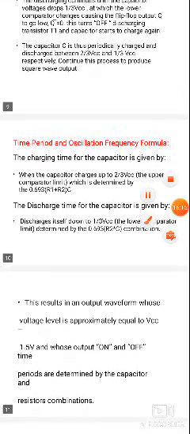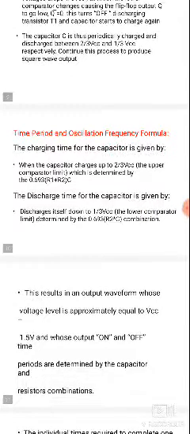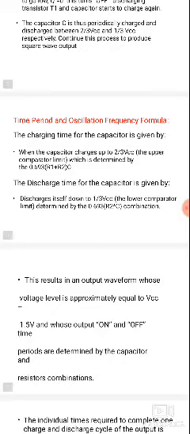The capacitor is periodically charged and discharged between 2/3 VCC and 1/3 VCC respectively. So the capacitor charging and discharging timings depend on 2/3 to 1/3 VCC. This process is continuous, and continuing the process produces a square wave output.